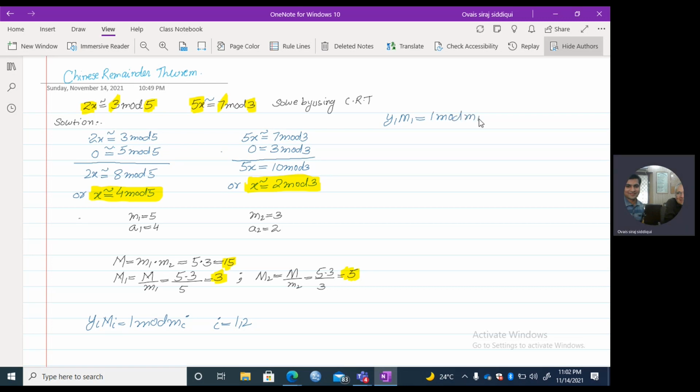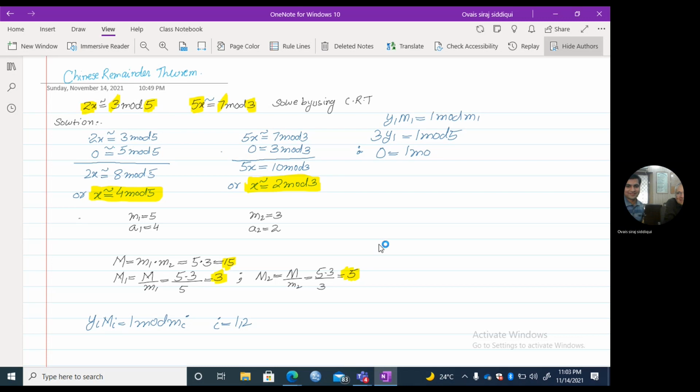Now finally we have y1 M1, where M1 is 3, is congruent to 1 mod small m1, which is 5. We have the equation. Now finding the value of y. Therefore, we have 3 y1 is equal to 1 mod 5 है. अब मैं इसको जो है वो बेसिकली मूव करूंगा इस तरह से